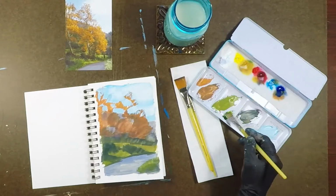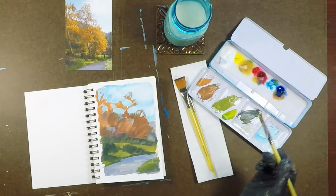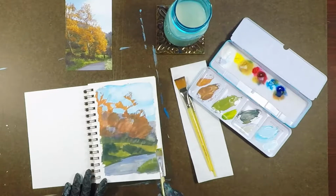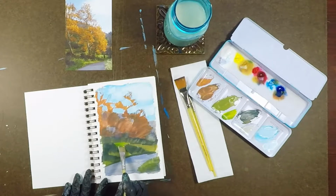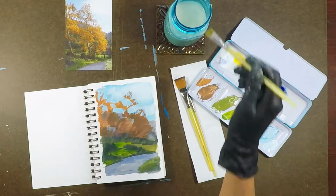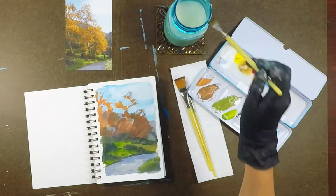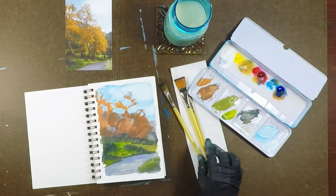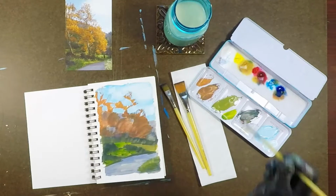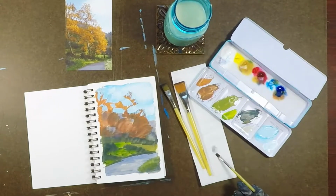I'm going with some primary yellow and some ultramarine blue, and mixing up a really bright green here just to brighten up this area and get some nice vibrant grassy green colors in there. So instead of the yellow ochre, I was using the primary yellow, which was giving me a much brighter green. All right, let's go with a smaller brush. And let's see,